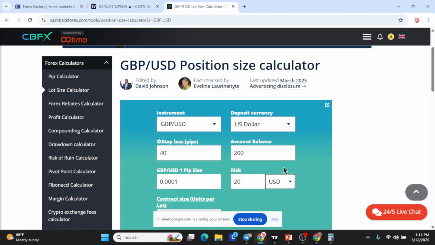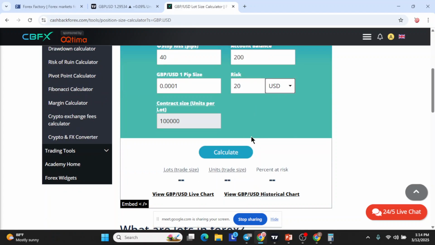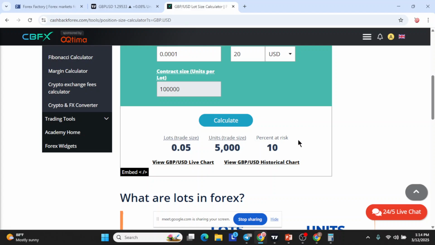That is, if you know how to calculate that so well, no problem. But it's just better you put USD, so you know this is the amount I want to risk. I only want to risk $20 on that trade,